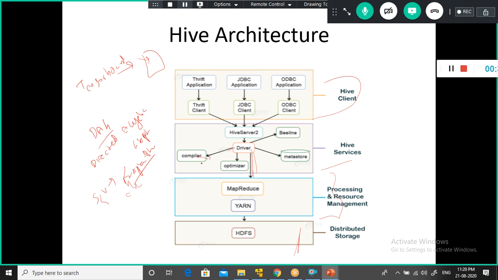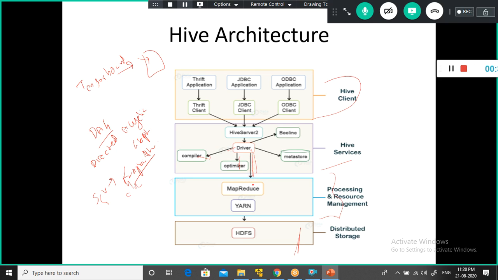The metastore sends the metadata information back to the compiler. The compiler generates the execution plan and sends it back to the driver, and then the driver sends the query to the optimizer. The optimizer is a kind of execution engine, which executes the query as per the execution plan.